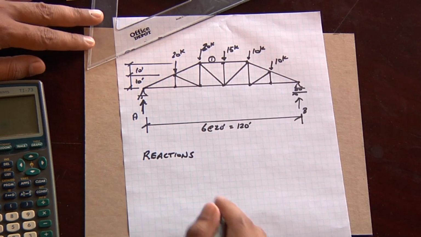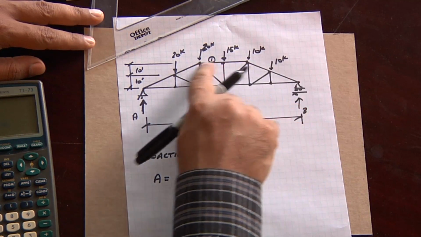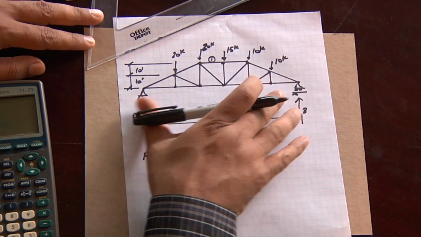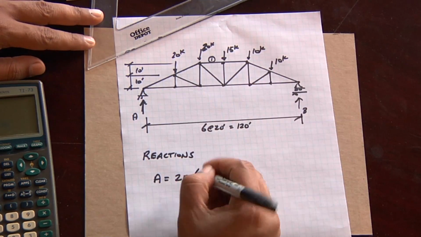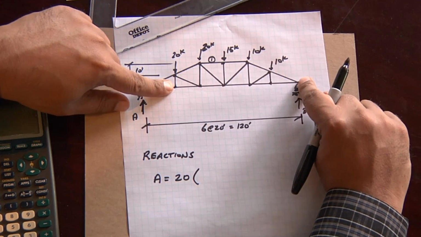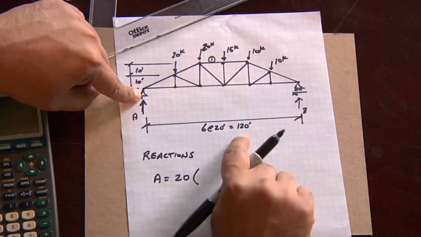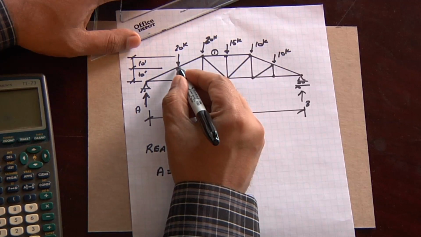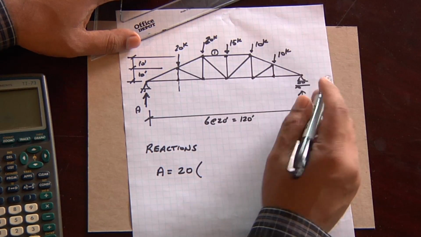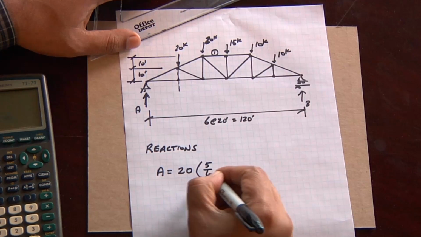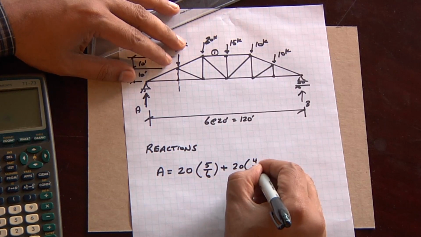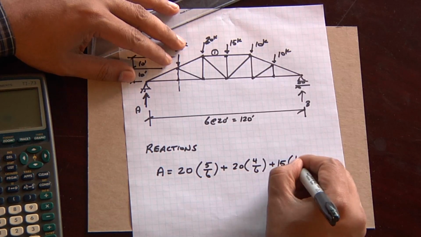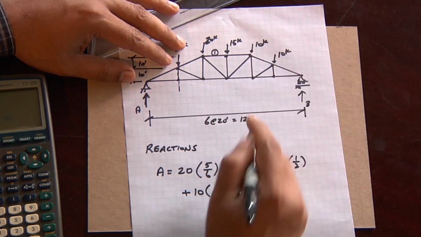And you can use that shortcut formula that I gave you earlier in one of the previous modules to calculate the reaction because I've got my point loads here. The way I can do that is I can use the ratio of the spans. So 20 kips, the first one, it's the ratio of the distance to the right-hand span to the total span. Because I have 120 feet and they're all equal bays, I can use a very simple fraction. Each one of these bays is 1/6 of the total span. So from the 20 kip line all the way to the other end, which will be 100 divided by 120, or 5/6, plus 20 times 4/6, plus 15 times 1/2, plus 10 times 2/6, or 1/3,